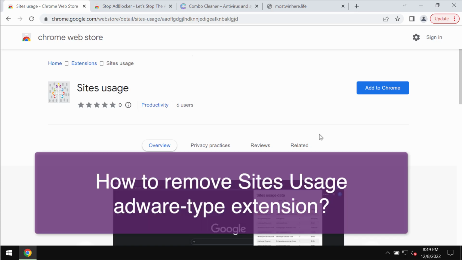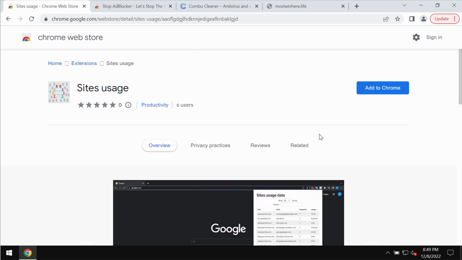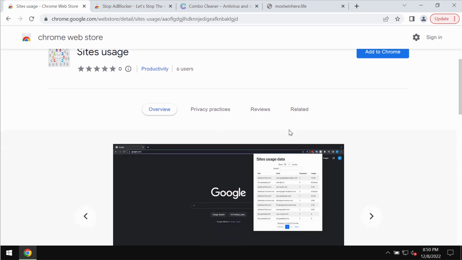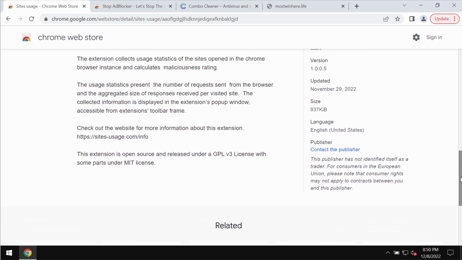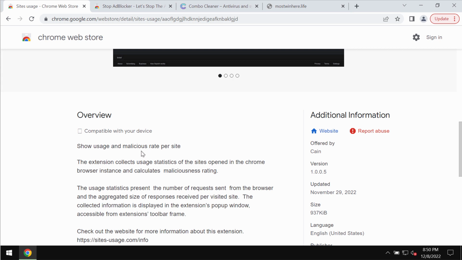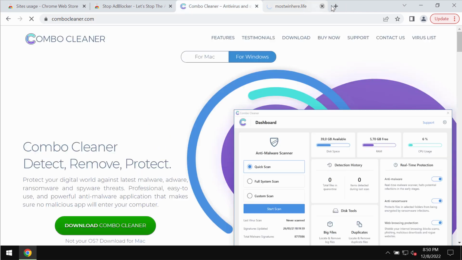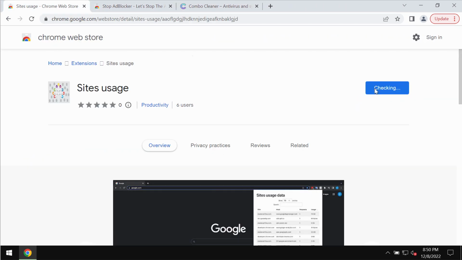My video guide will provide you with instructions to help you get rid of the unwanted browser extension called Site Usage. So this Site Usage is indeed an unwanted extension designed specifically for the Google Chrome browser. The developers of this extension indicate that some way or another it can help people to show usage and malicious rate per site. Maybe this feature is good for some categories of people, but this particular extension actually operates as